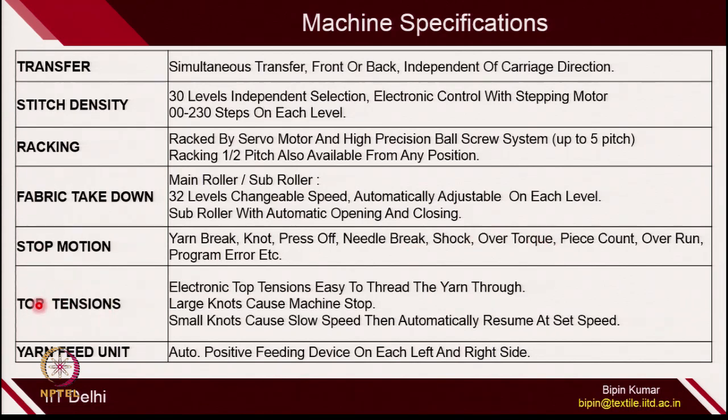Tension control. The next one is tension control, because the yarn is being pulled from the bobbin. So, you can control the tension also. There are a lot of tensioners on the machines, which take care of the unwinding zone, so that whenever you pull the yarn from the bobbin, the tension in the yarn remains the same, so that you can observe the same level of loop formation. Yarn feed unit. Also, you can positively control the yarn feeding to the machine during course development.